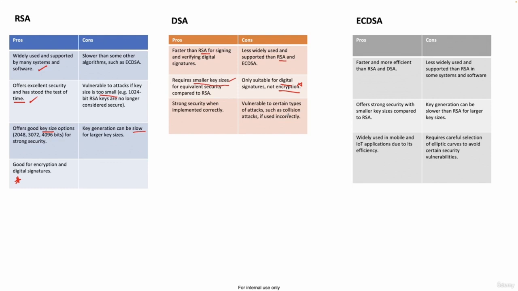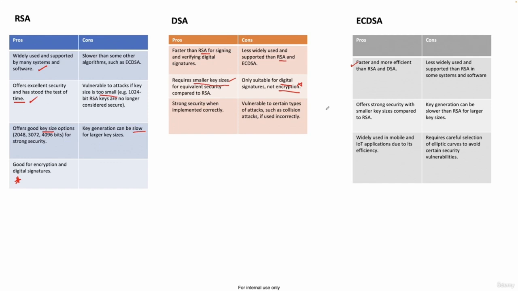Then we learned the much newer algorithm, which was the ECDSA, which is the Elliptic Curve Digital Signature Algorithm. So the biggest pro is that it is faster and more efficient. Why? Because as I said, it is based on elliptic curves, which is an advanced mathematical technique, and it is fairly new. So definitely they would have thought about how they can make an algorithm which is better than RSA, which is quite old. It offers strong security with